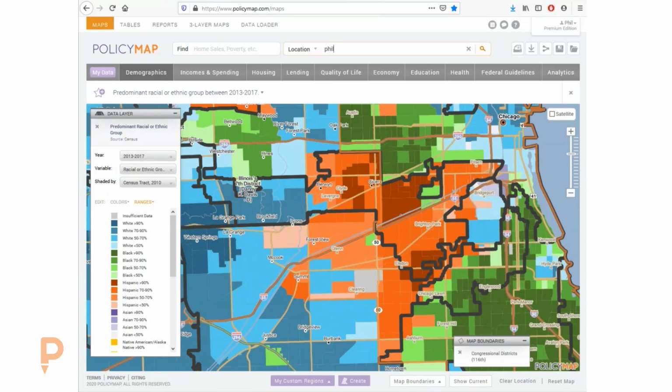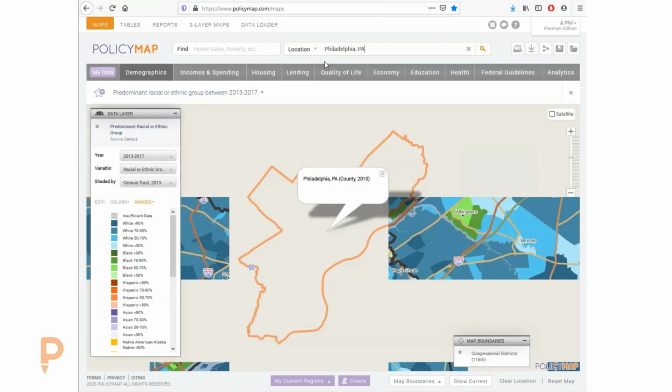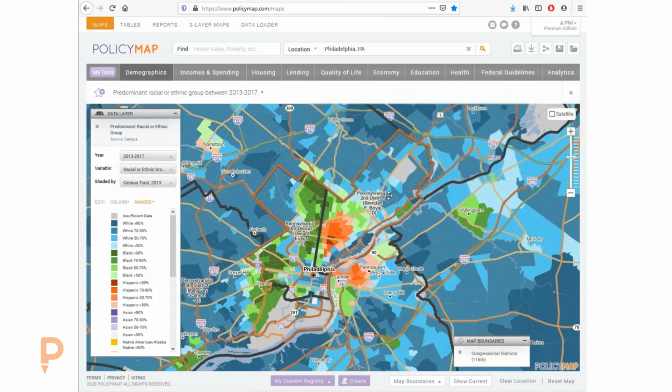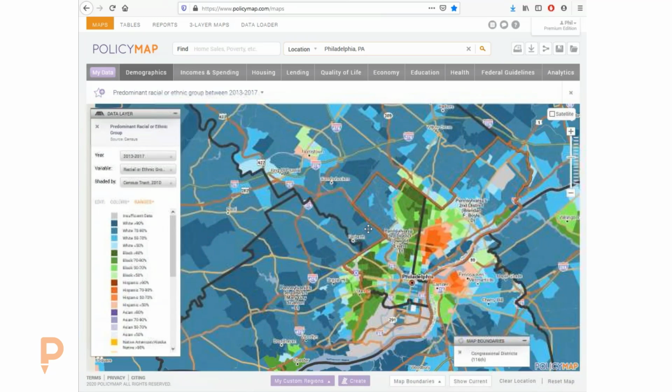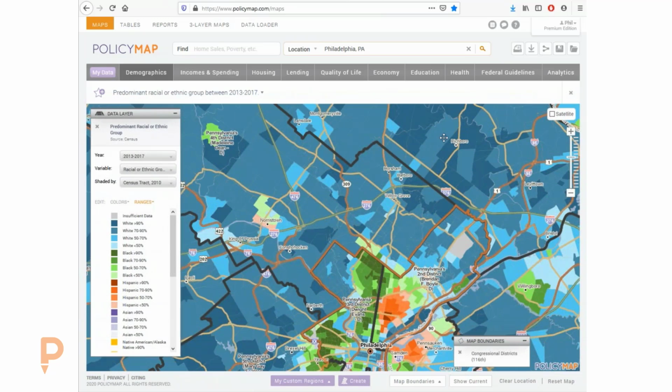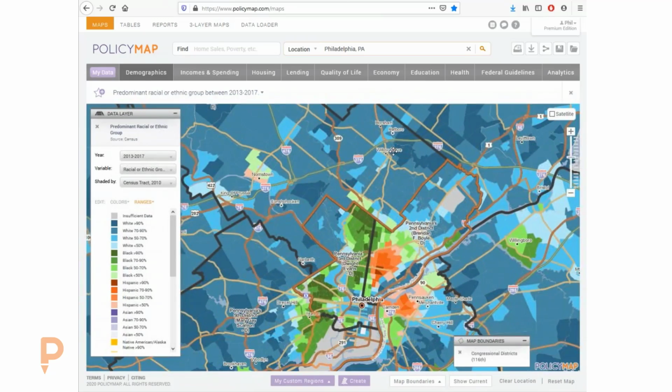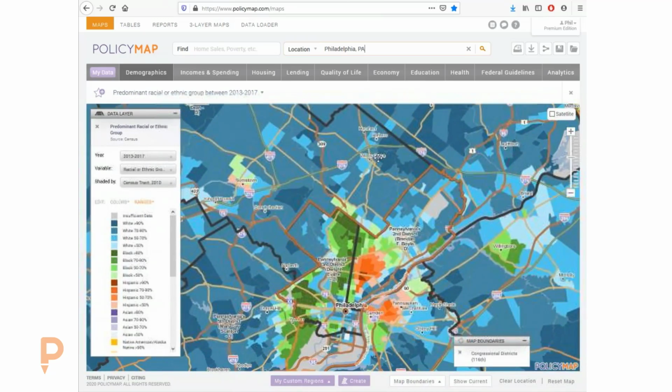And if I were to go to Philadelphia, this is the world of maps that you get to see sometimes. Sometimes it's good and bad. This is the new boundaries that we have in Philadelphia. We fought pretty hard to make sure that it was fair, and you can see how it just kind of splits the city up, and even the localized, more rural congressional districts are pretty fair.